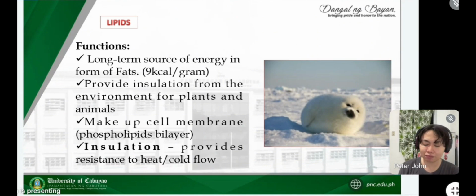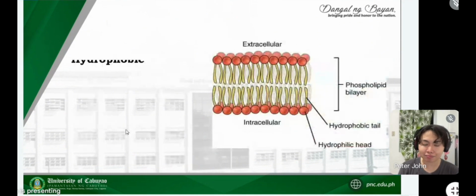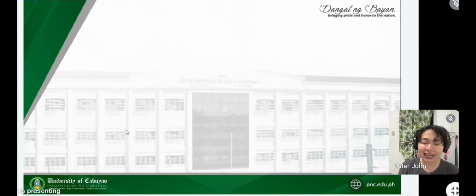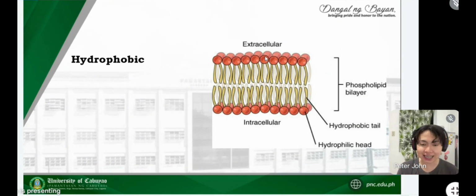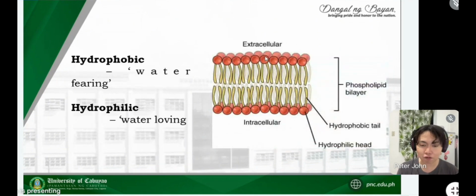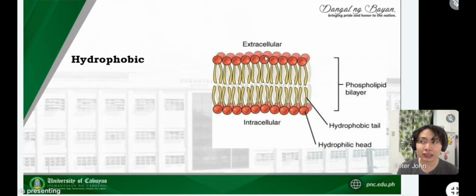Lipids is, makikita siya sa structure mismo ng cell natin. So, sa cell natin, or the basic unit of our life, yung pinaka-boundary ng cell natin is makikita yung ganitong structure. Ito po. So, para siyang barrier. Siya yung naghiwalay from inside the cell and outside the cell, which is made up of lipids, or mas kilala sa tinatawag nating phospholipid bilayer. From the word itself, phospho, lipid bilayer, ibig sabihin, dalawang layer siya ng lipids.